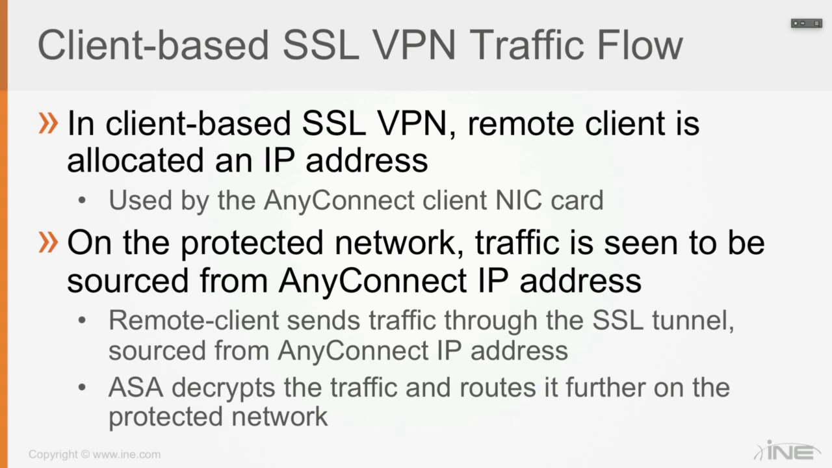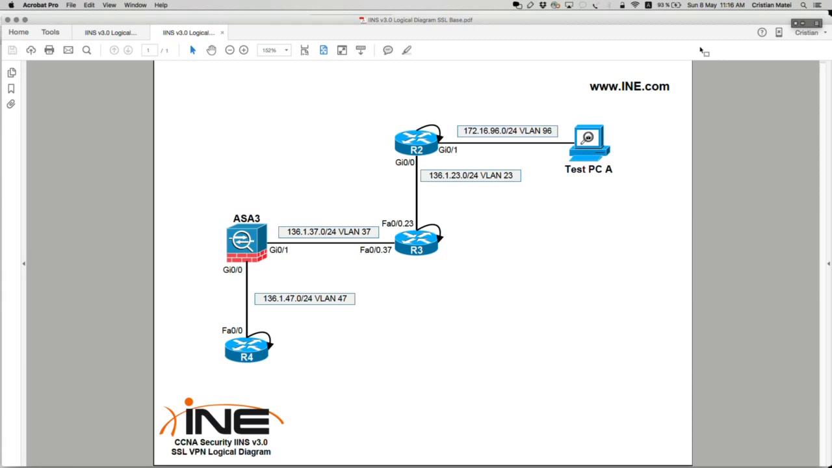So on the protected network, traffic is going to be seen as sourced from the AnyConnect IP address. What happens is that the remote client sends traffic through the SSL tunnel, and it's going to source that from the AnyConnect IP address, which was leased, of course, from the VPN gateway. And the ASA decrypts the traffic and routes it further on the protected network. So what this means, if you look at our use case in here,